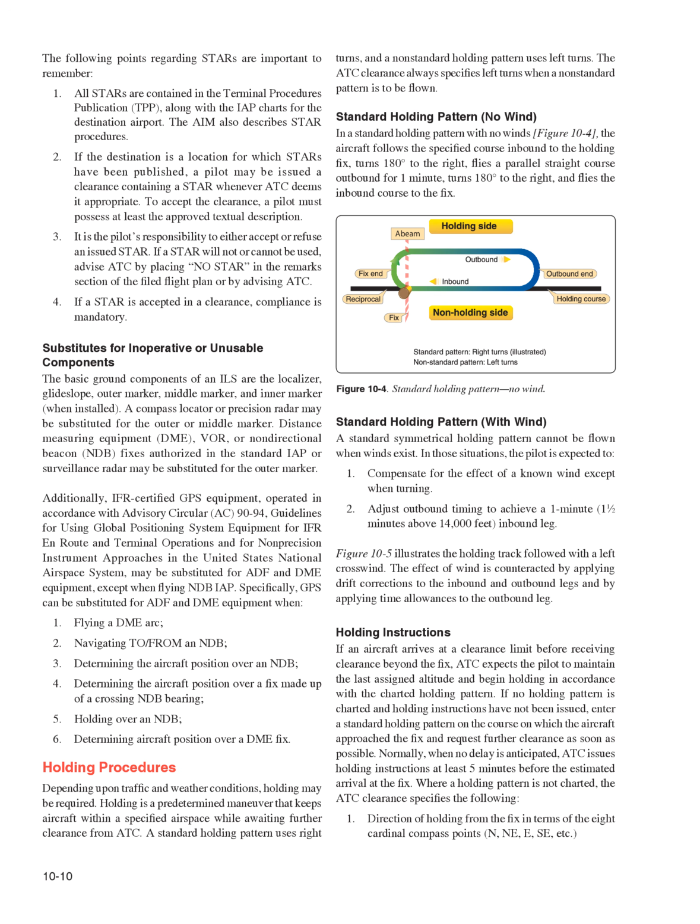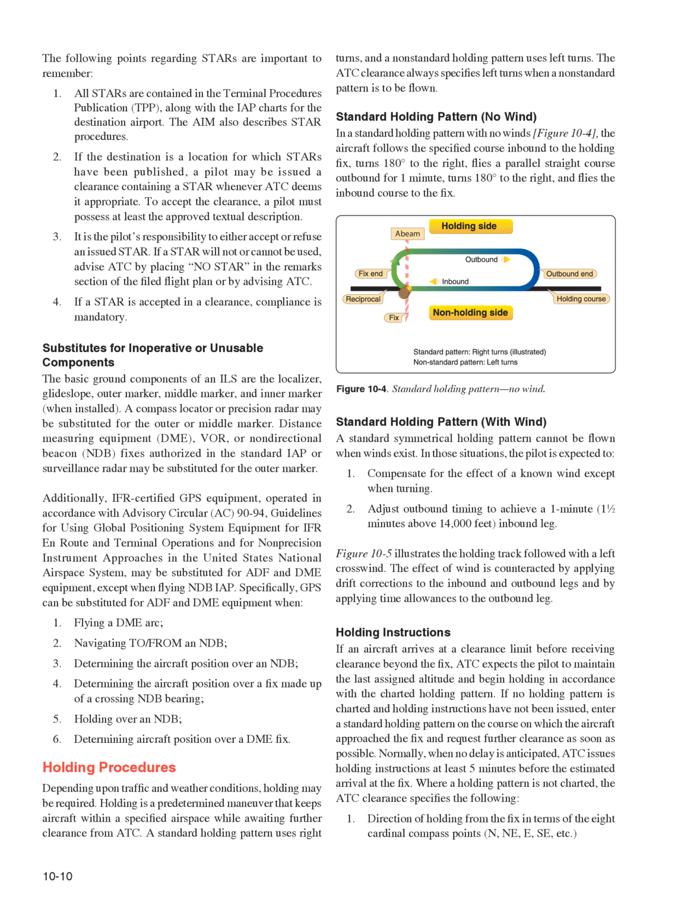Substitutes for inoperative or unusable components. The basic ground components of an ILS are the localizer, glide slope, outer marker, middle marker, and inner marker, when installed. A compass locator or precision radar may be substituted for the outer or middle marker. Distance measuring equipment, DME-VOR, or non-directional beacon, NDB, fixes authorized in the standard IAP or surveillance radar may be substituted